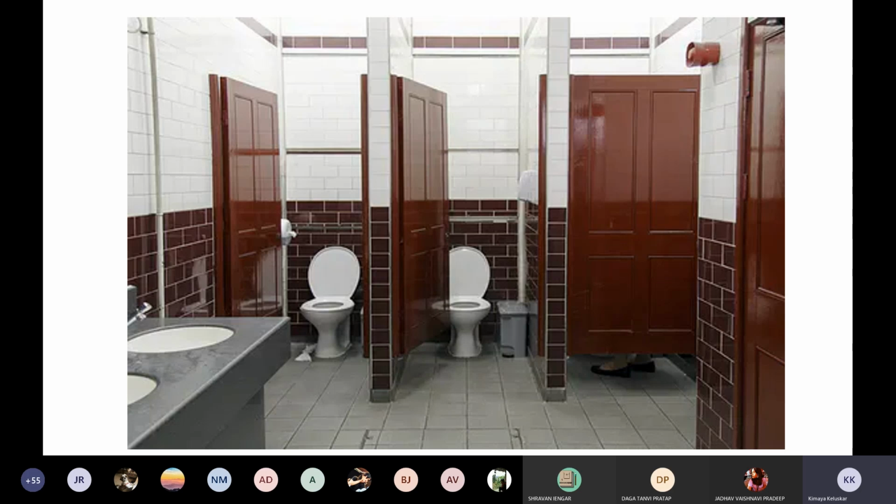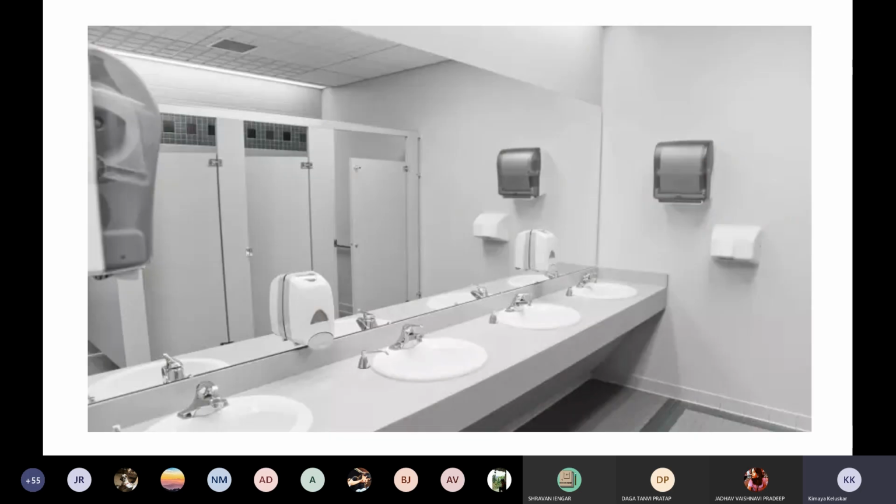Also, the change in the dado heights gives you a sense that you can have choices, like at a certain height you have your red tiles, and beyond that are all the white tiles. In another one, look at the mirror, the way it's placed. There is always a gap maintained between the counter level and where the mirror is placed. You have your tissue paper holder, then you have your dryer and stuff like that. You always have wall mounted soap dispensers.